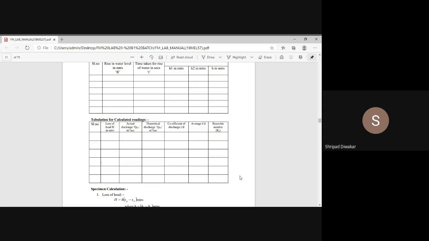Whenever you are asked to explain the significance of Reynolds number, you have to explain like this: ratio of inertia force to viscous force. If it is less than 2000, it is laminar flow. If it is greater than 4000, it is turbulent flow. In laminar flow, the fluid flows in a well-defined path, and we call these layers laminae. That's why the term laminar flow. In turbulent flow, the fluid particles flow in a zigzag or random way. It's all about the experimental details. Understood? Any doubts in this one?